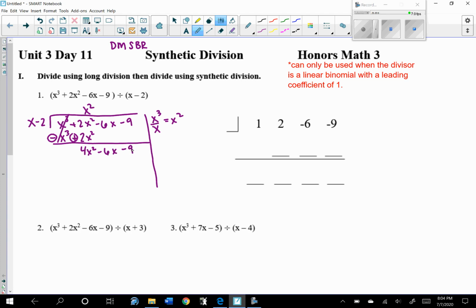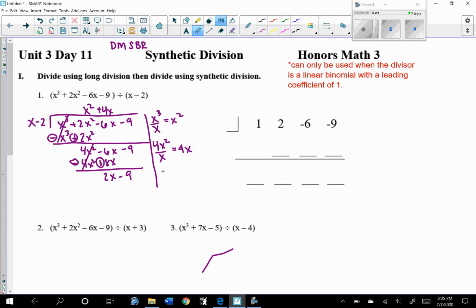And then R stands for repeat. So for the next part, 4x squared divided by x gives me 4x. It's positive, so plus 4x goes above the linear terms. And then multiply 4x times x, which is 4x squared. 4x times negative 2 is minus 8x. And then again, you're going to subtract. So this becomes minus, this becomes plus. So this cancels out. Negative 6x plus 8x gives me 2x, and then bring down the minus 9, and then